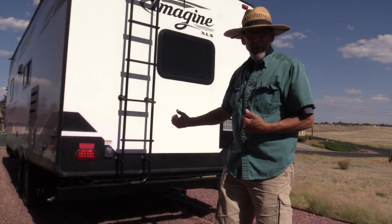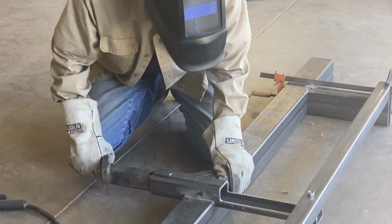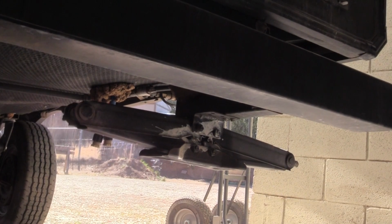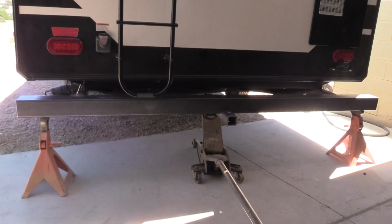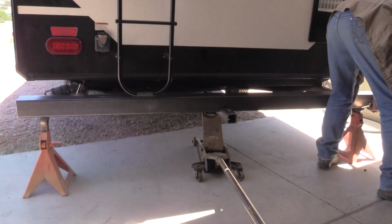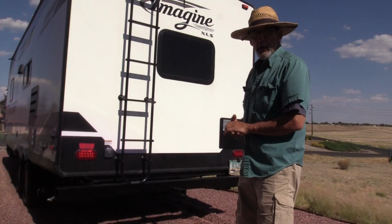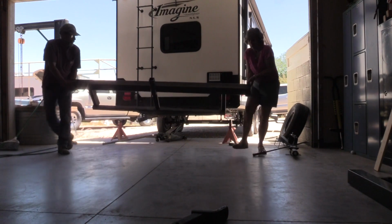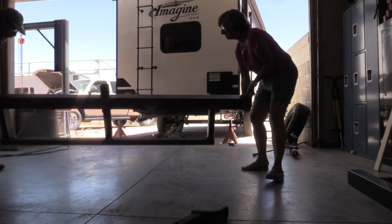So we have it removed. We cleaned up the frame rails where the new one's going to attach. We got the stabilizers that we took off, and we need to get them as close as we can to the original position. So that's kind of a fit and go as you assemble. So with the underneath prepped, ready to go for the new one to go in,